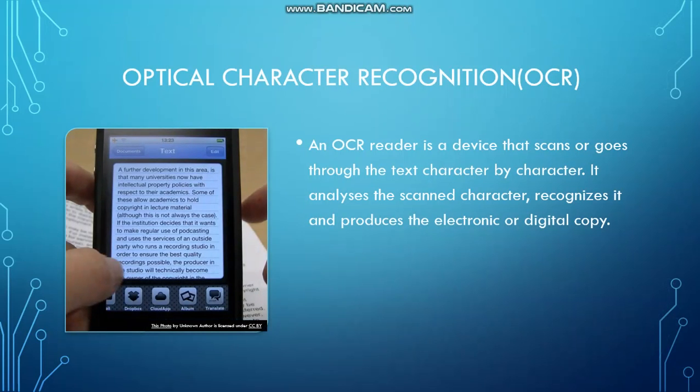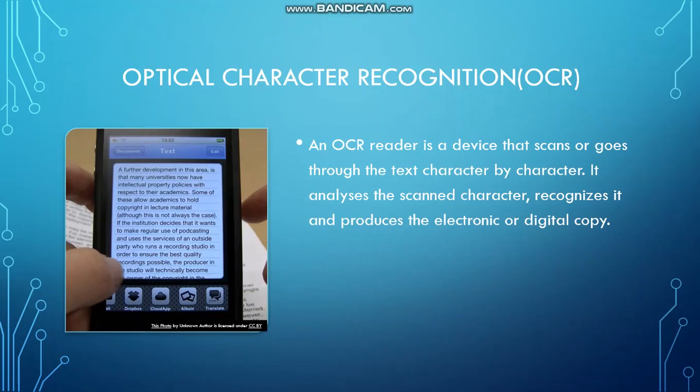The next input device is optical character recognition, OCR. So first let me tell you what a hard copy is and what a soft copy is. Hard copy means the book or the notes that we are reading, which physically exist. Our book is a hard copy. And what is a soft copy? Soft copy means if I am writing a letter in MS Word, it's called a soft copy. And what is the difference between them? If I'm using a soft copy, I can edit it and change it. But a hard copy we cannot change. We need to cut and write, isn't it?